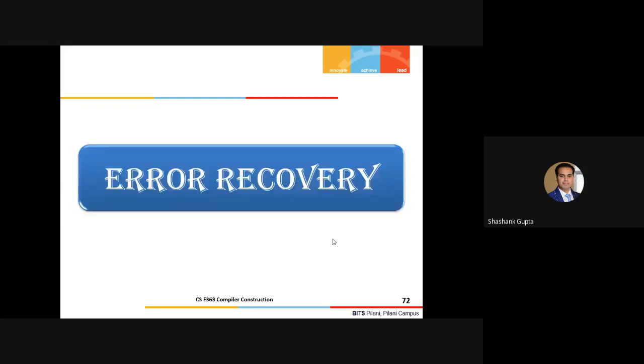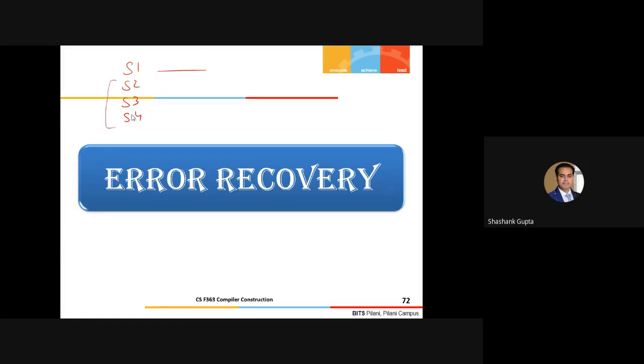So, error recovery now. Because we have hit errors recently, our goal is, let's suppose I have written a very long code, and let's say these are my line numbers. Suppose there is some syntactical error in the first line. My parser should be efficient enough to say, okay, if I have found a syntactical error in this line, that's okay, I'll flag an error, but let me do the rest of the parsing.